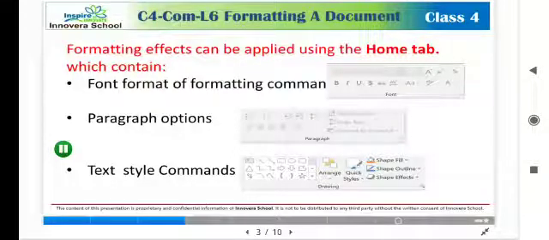So you can apply different styles on text, that you can do in the Styles group area where you can apply the different types of text. You can give a different style on a text. These all three groups are on the Home tab. On which tab? Home tab. So you can see these options on the Home tab.